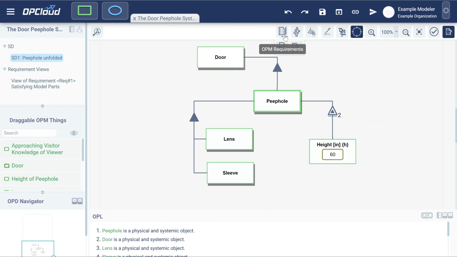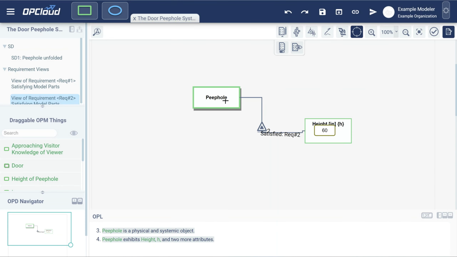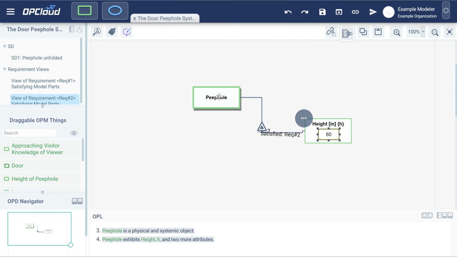So if I go and create a view of requirement 2, it will create for us the link, the height, but also the peephole, even though the peephole by itself does not include requirement 2,